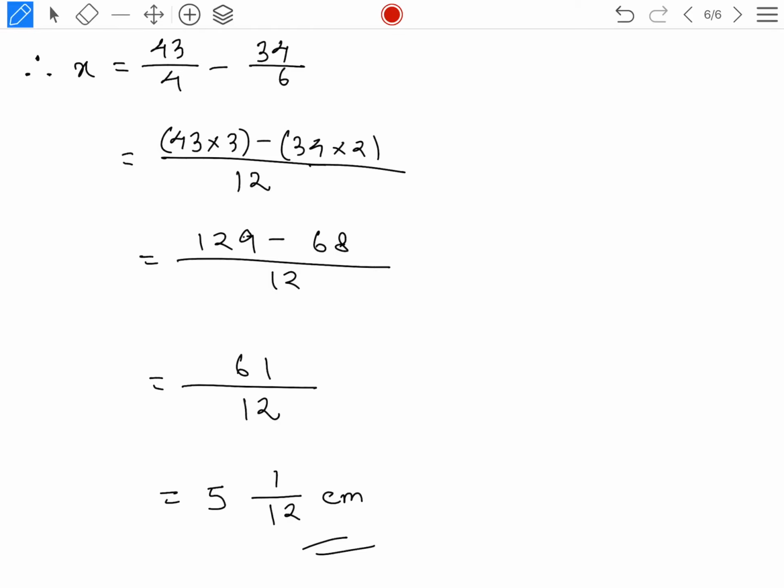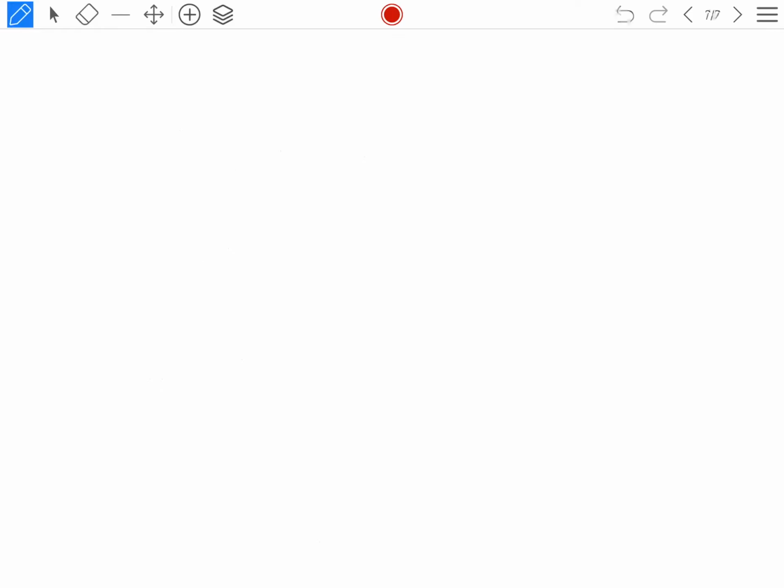Understood? So you see, if you read the next questions, I think you'll be able to solve them because all problems are almost the same. Okay, question number 5, I'll teach you how you can do it. You can solve by yourself. See what is given. The area of a rectangular tabletop is 5 3/8 meters square. One of the sides is this much. Find the length of the other side.